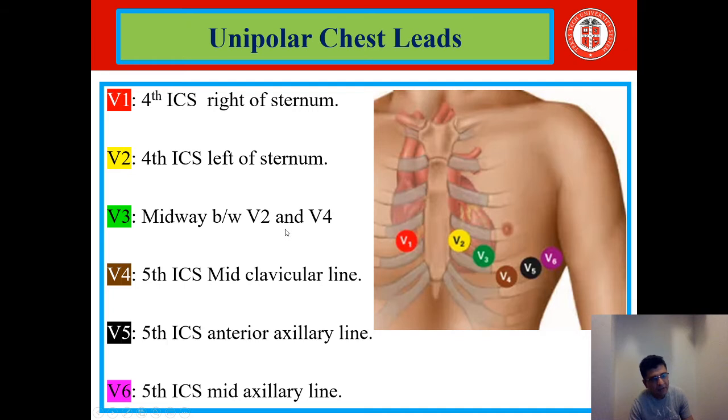So it's midway between V2 and V4. Now we have to put V5 and V6 exactly in the same intercostal space, that is the 5th one. But the difference is that instead of the mid-clavicular line, we are putting V5 on this place, which is the anterior